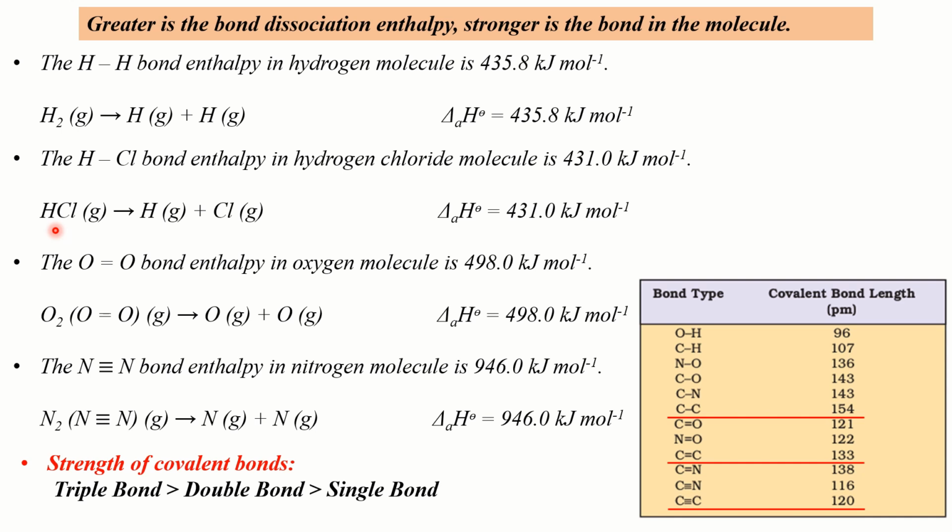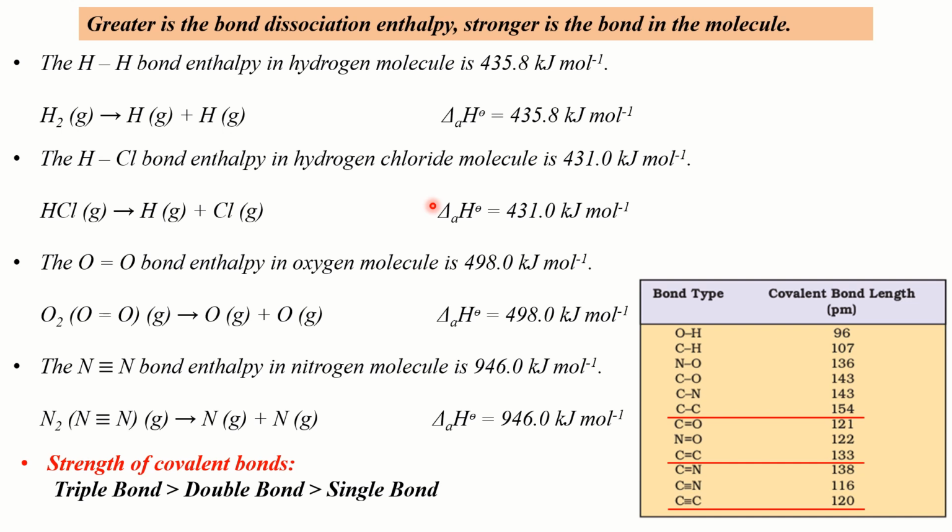In diatomic molecules like hydrogen, chlorine, hydrogen chloride and so on, only one type of bond is present. See, there is only a single bond between the two hydrogen atoms of a hydrogen molecule. And in the hydrogen chloride molecule, here again there is a single bond between the hydrogen and chlorine atoms. Which type of bond is present? Only a single bond is present in diatomic molecules. So their bond enthalpies are the same as their bond dissociation enthalpies.